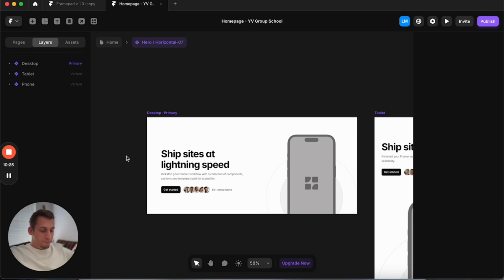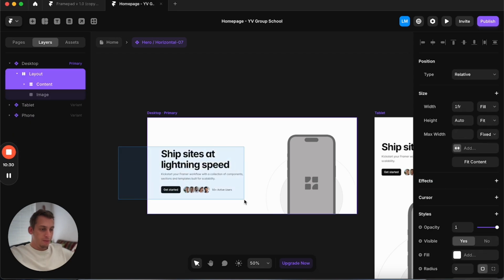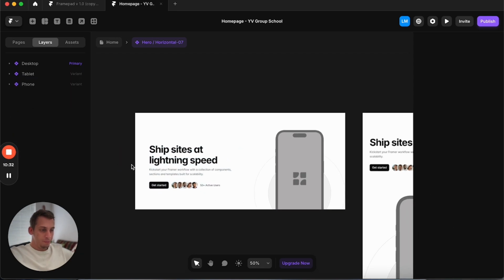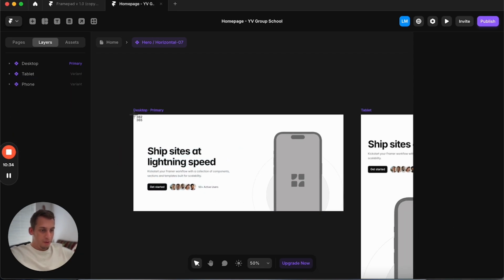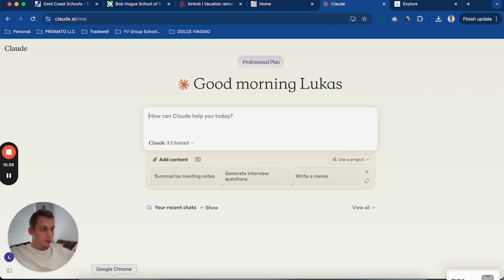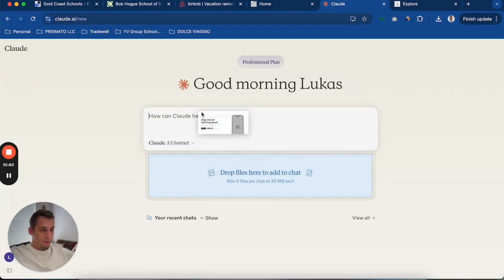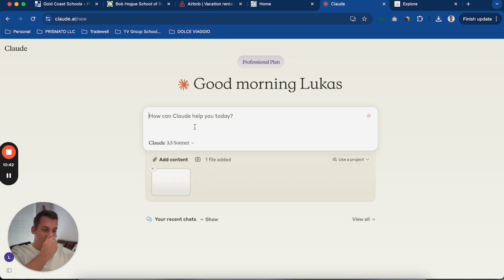So let's continue. And in order to make this text for the hero section, what I'm going to do is I'm going to take a screenshot of this. I'm going to go to Claude, and I pay for Claude, but I don't think you have to for the first couple messages. So, anyways, drop the screenshot in the Claude chat. Say, hey Claude,